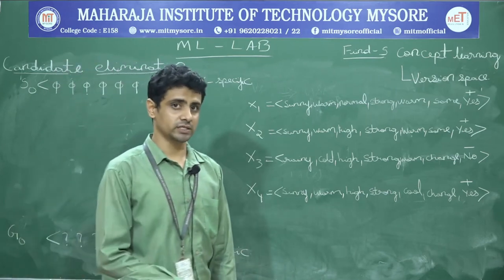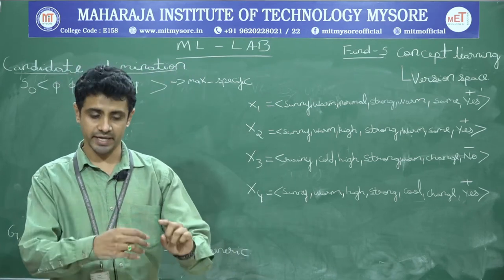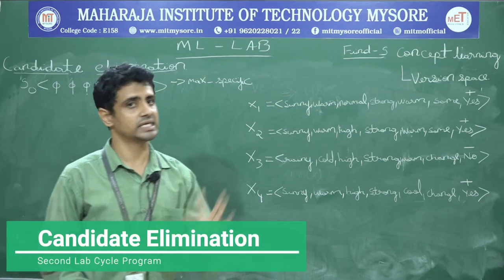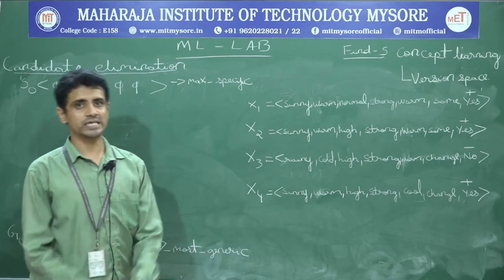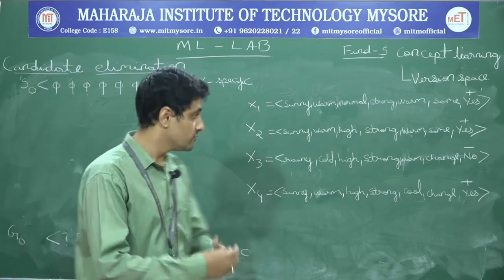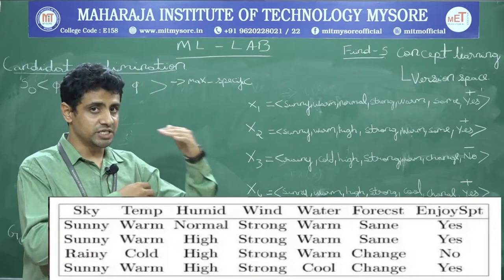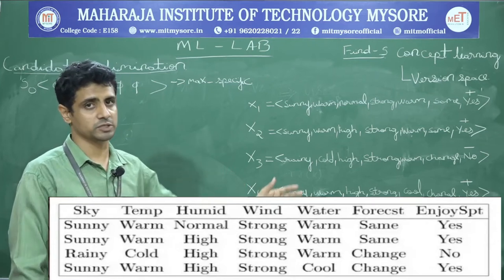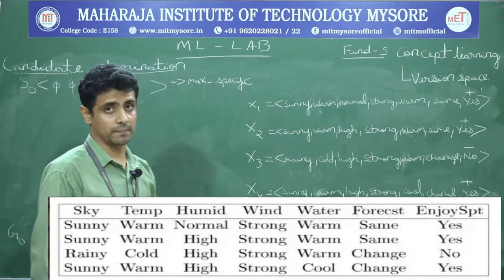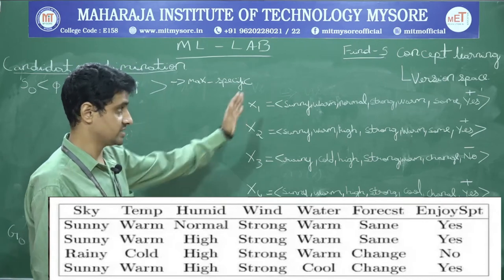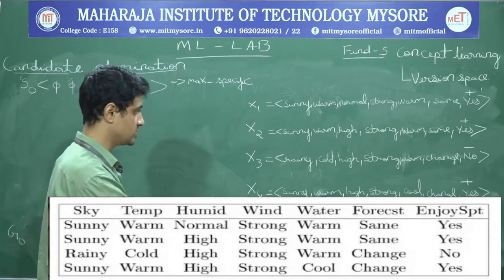But before getting a version space, the first thing is identifying your generalized and specific boundary, which is the major task of your candidate elimination algorithm. So in today's lecture, we will go with an example and see how exactly to generate the generalized and specific boundary. I have taken the same example as your Find-S algorithm, the play sports example, in which there are 6 attributes deciding whether the game can be played or not based on the weather condition.